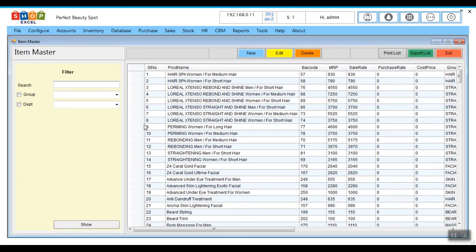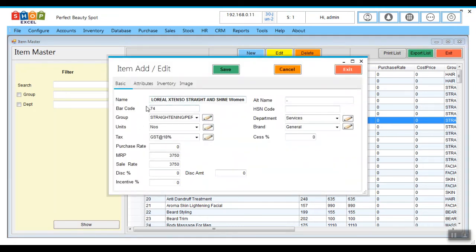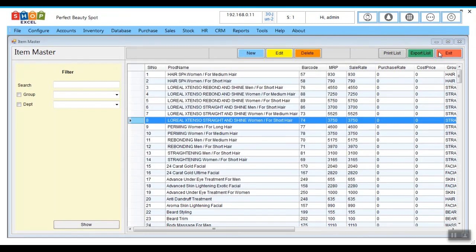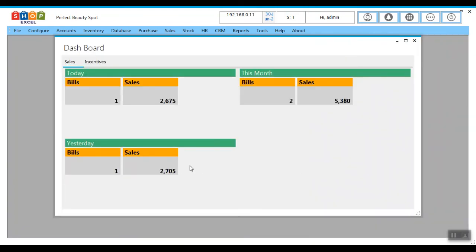If you want to edit any item, select the row and double click on that item to edit. This is the dashboard, which gives information on how many bills you have done, this month's bills, and yesterday's bills.